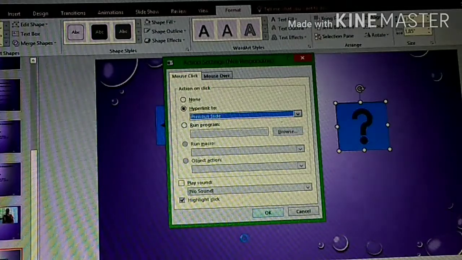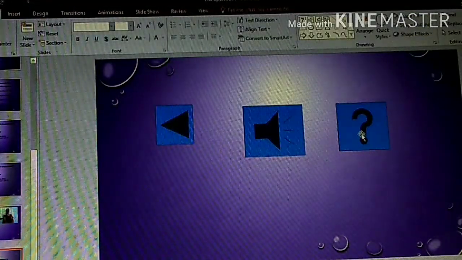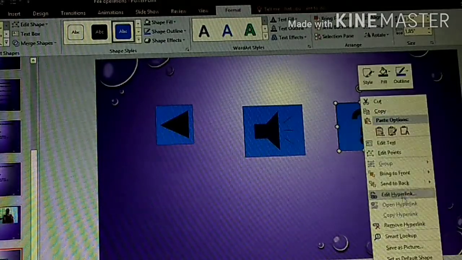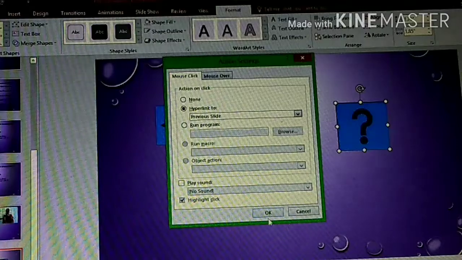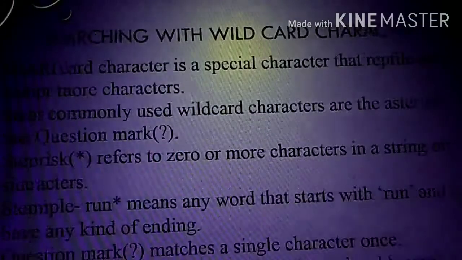Yes, let us wait for the action to be done. Okay, now when I start the slideshow, this is the last slide.